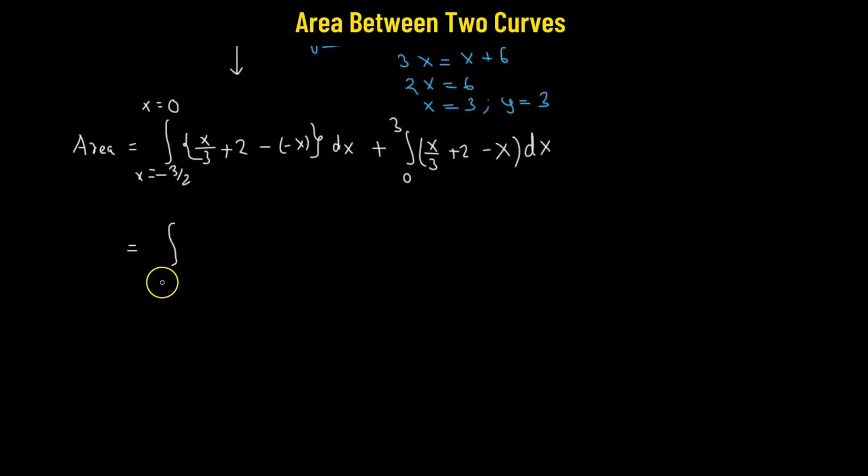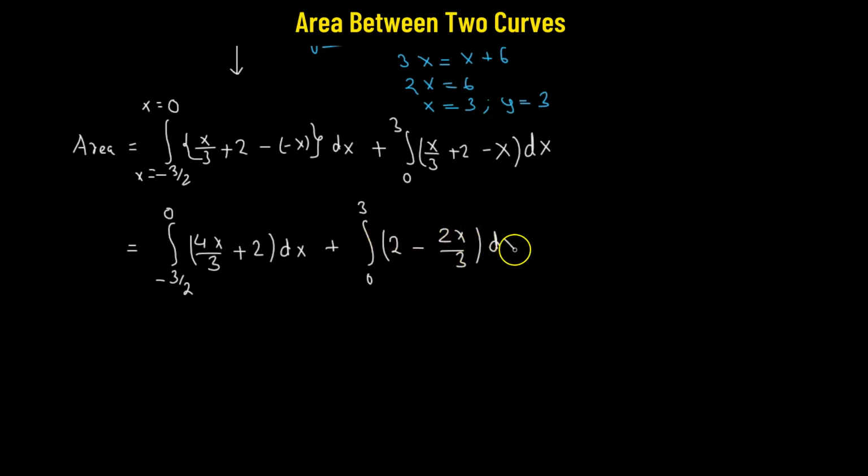So this will be integration from negative 3 over 2 to 0. So we have x over 3 plus x, so this becomes 4x over 3 plus 2 dx, plus integral from 0 to 3 of 2 minus 2x over 3 dx, which will be equal to 4 over 3 times the integral of x dx plus 2 dx with the limits of integration going from negative 3 over 2 to